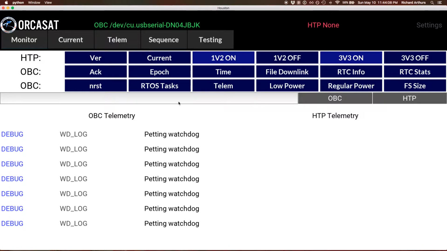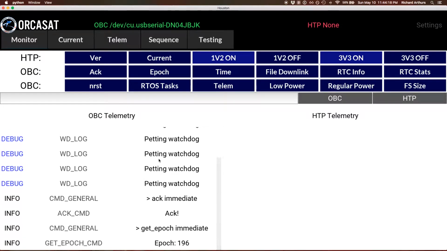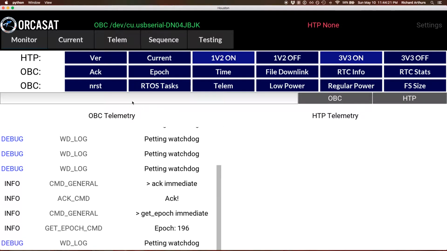The screen we're on right now, we call the monitor tab, and it has quick commands and things like that. We have buttons for various pretty frequently used OBC commands, but we also have a text input box here. This is useful if you want to do something like sending a command that's scheduled. So let's do ACK